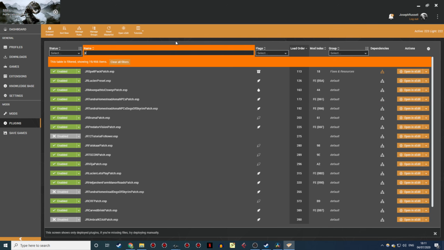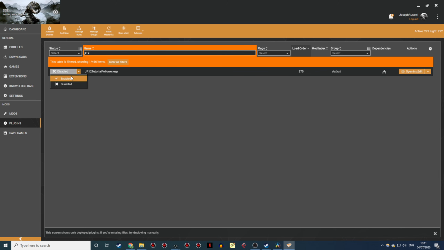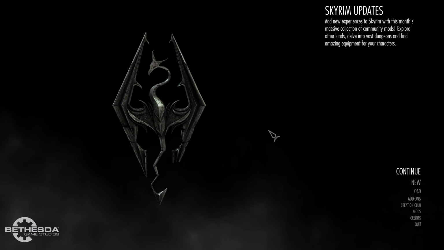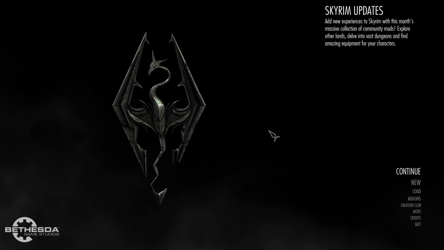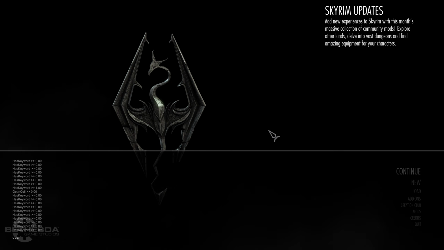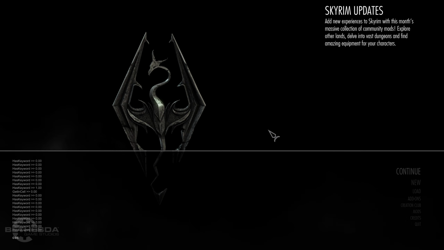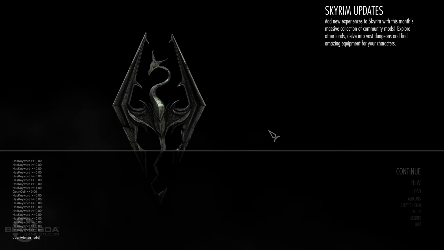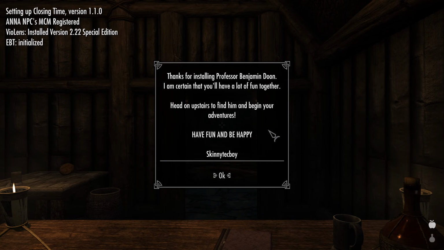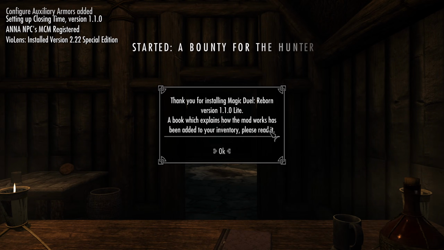Now before you launch Skyrim, make sure your new ESP is activated. You can do that either through your mod manager or through the game's launcher. Once that's done, you're ready to go and find your new friend. So here we are back at the Skyrim menu. Now to get to him as quickly as possible, I recommend using the console to teleport there using the command COC and then the ID of the cell you'd like to teleport to, which is Winterhold, the Frozen Hearth. So if you just hit enter there, et voila, we have arrived in the Frozen Hearth.